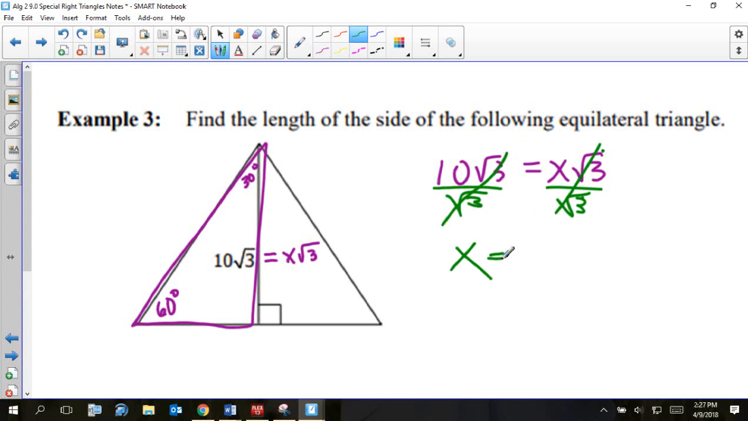What's x? Is that my answer? x is across from 30 degrees, so 1x is right here. So then my hypotenuse is the side I actually need, which is 2x. So my answer is